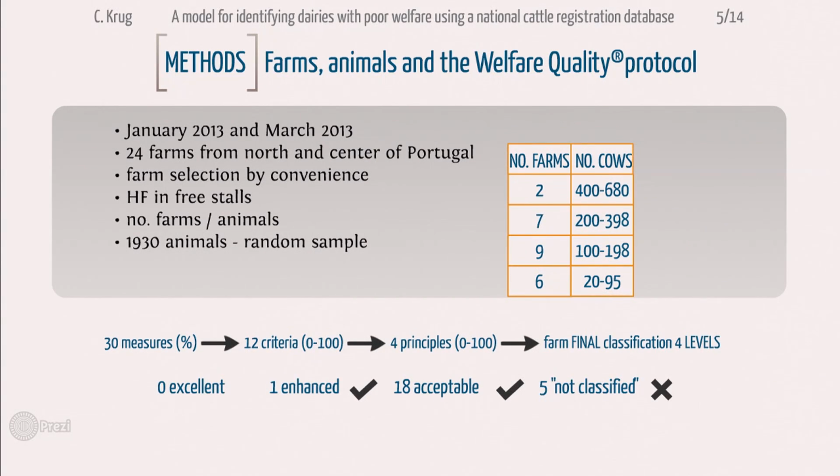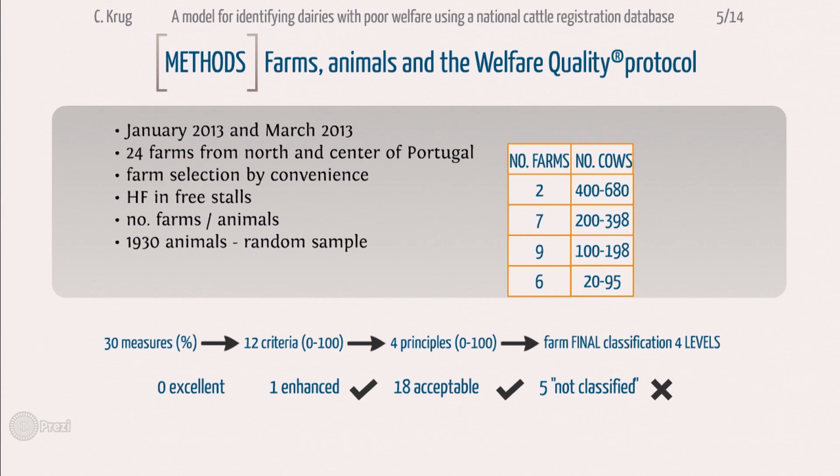And so that's what we did. We applied the Welfare Quality protocol in 24 farms in the center and north of Portugal. The farms were selected by convenience. The majority had between 100 and 400 animals. And in total, we evaluated